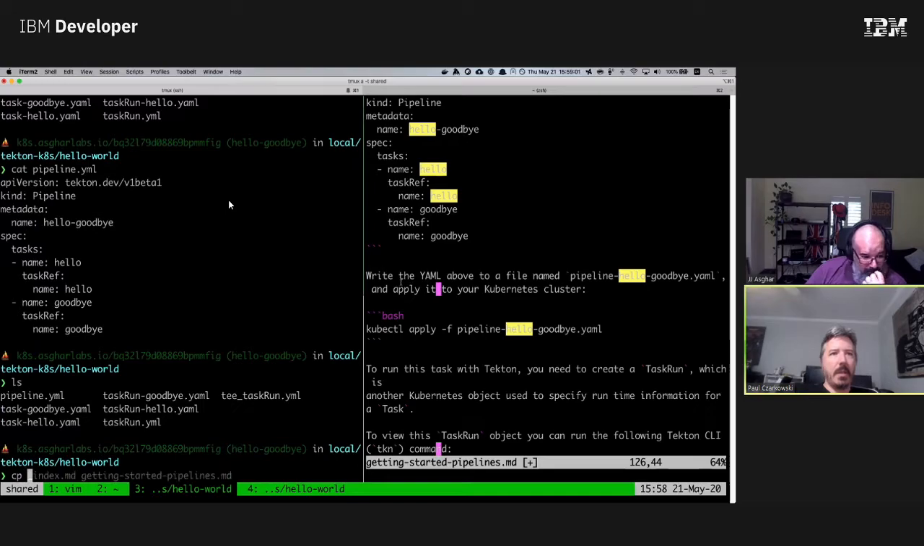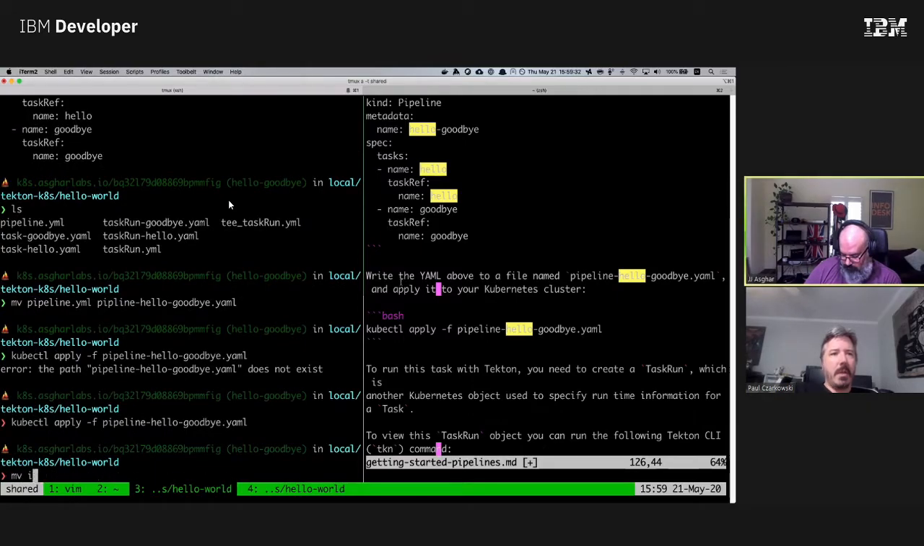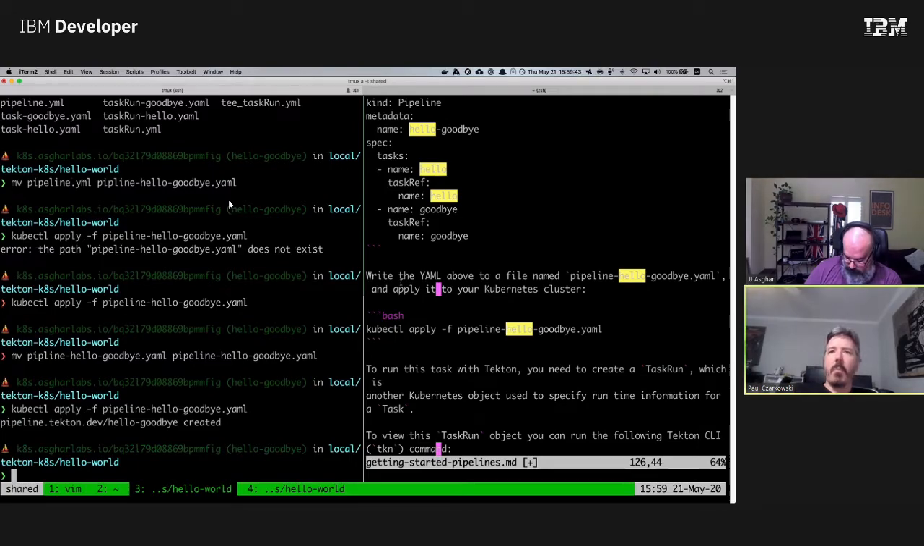So cp pipeline, move pipeline to pipeline-hello-goodbye.yaml. And then kubectl apply. Pipeline to pipeline. Right. And then to this pipeline